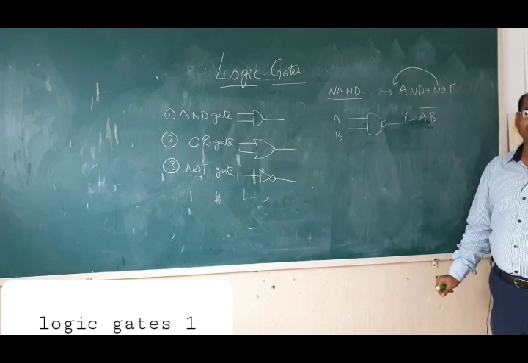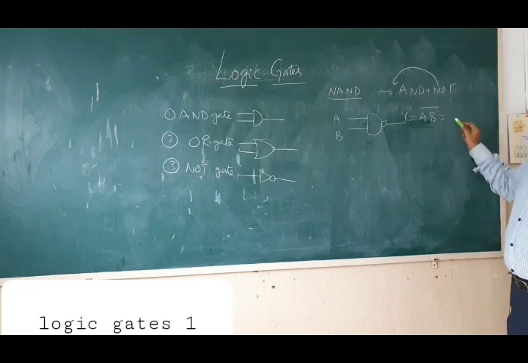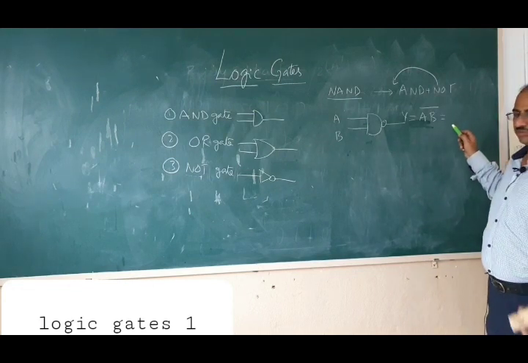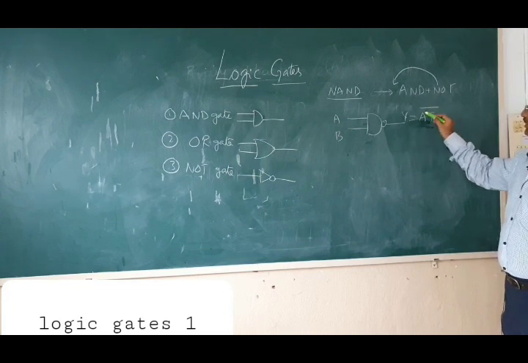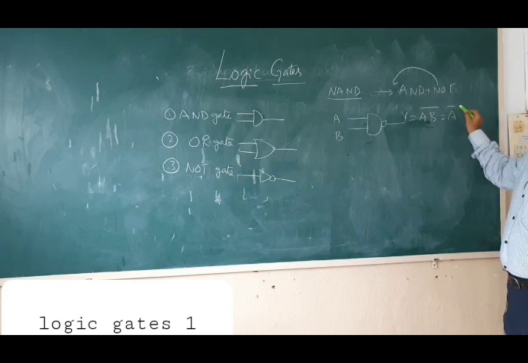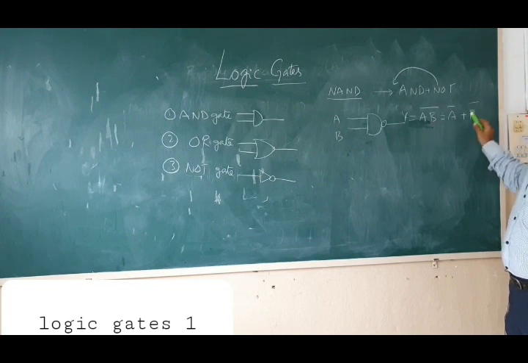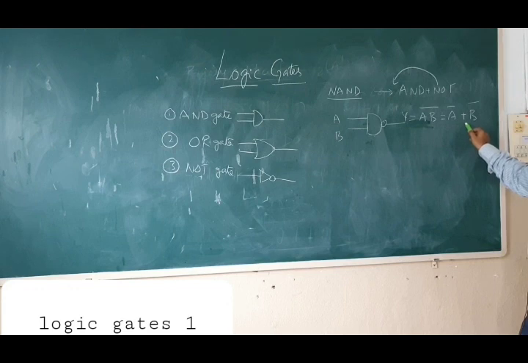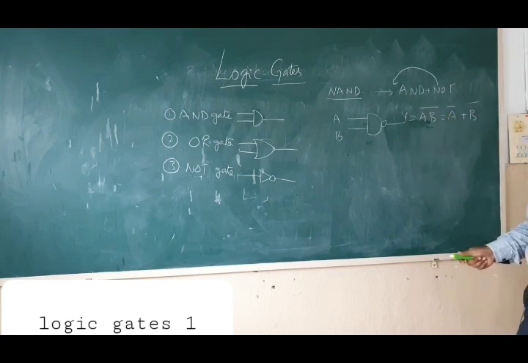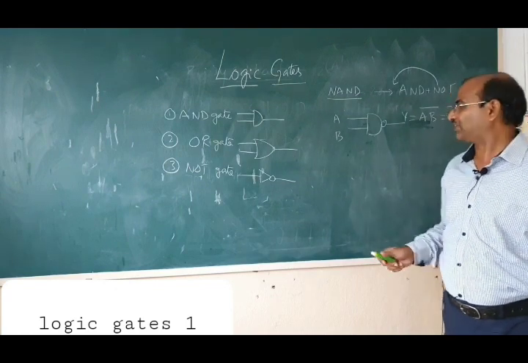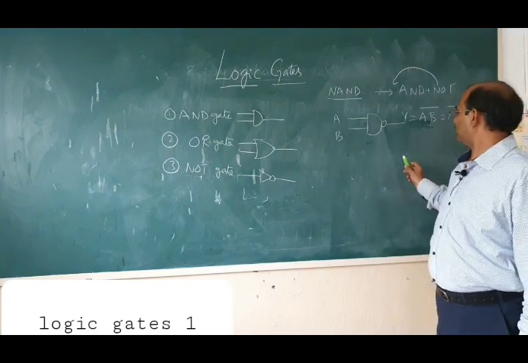Later, maybe in the next class or in two classes, we will do this: AB complement, AB whole bar, can be written as A bar or B bar. This plus should not be read as plus, as I already told you. It should be spelled as A bar or B bar. This is known as De Morgan's law. We will see it in a later class. So this is the NAND logic. What is the truth table?